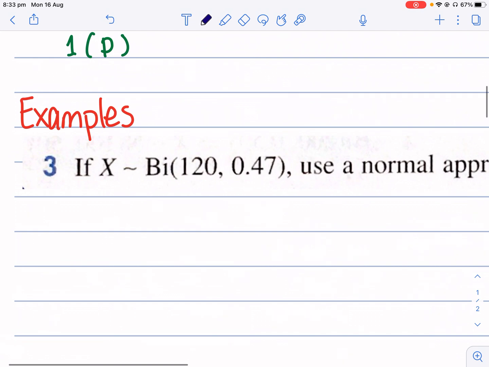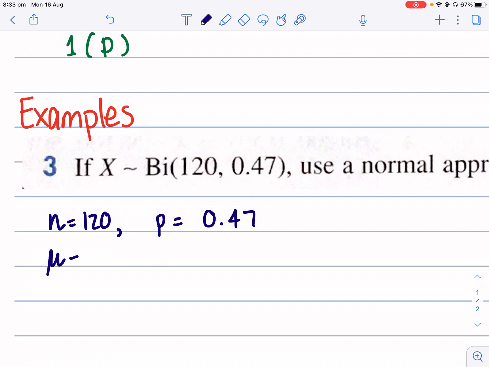Okay, so in this question, we've been told that n equals 120 and p is 0.47. So we've got 120 trials, like 120 people maybe, and a 0.47 chance of success. So maybe 47% of them being blonde, I don't know. So we need to find the z-score, which means we need to know our mean, which is n times p, which is 120 times 0.47, which gives me